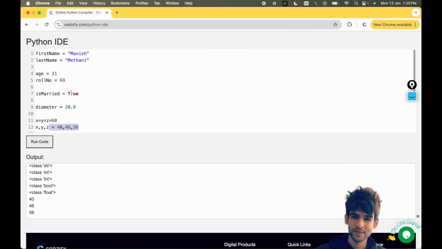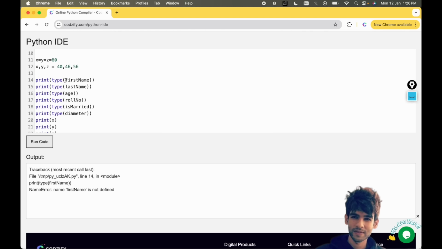Okay, now there are some rules to write variable names. For example, if I add a 2 here, a number before the variable name, then that is not allowed. That is a syntax error. You cannot add a number here, and you cannot add symbols like this. If I add an underscore, then this is allowed. And here also we have to assign the underscore.